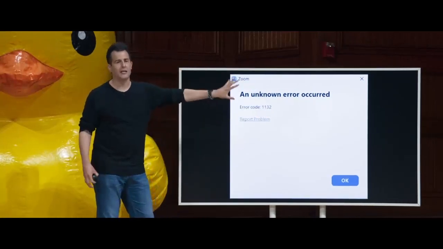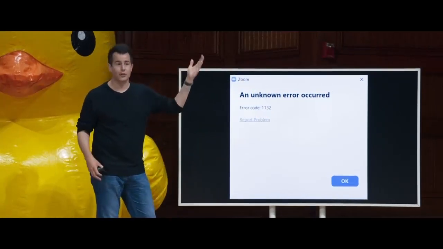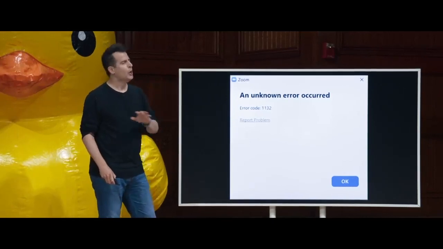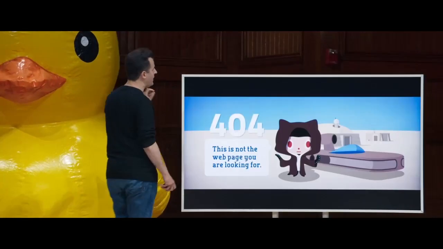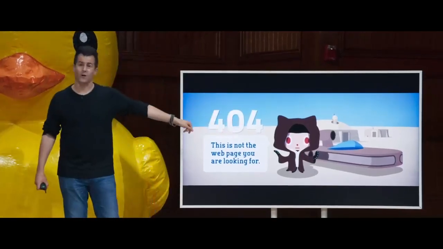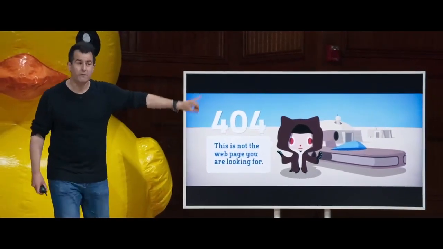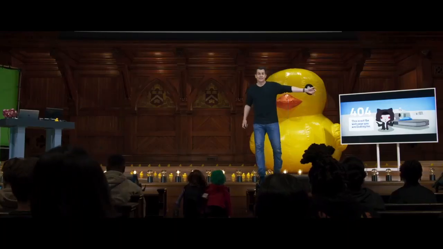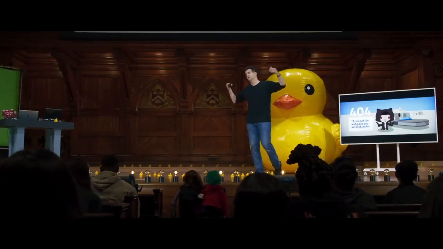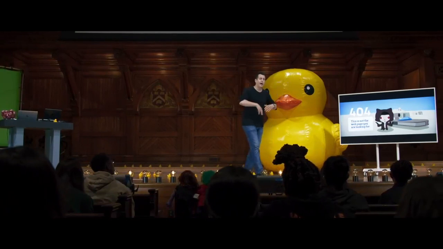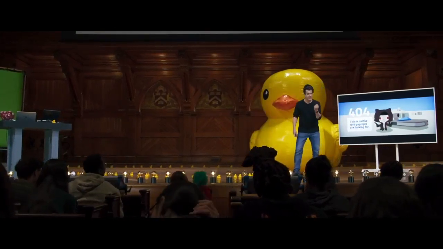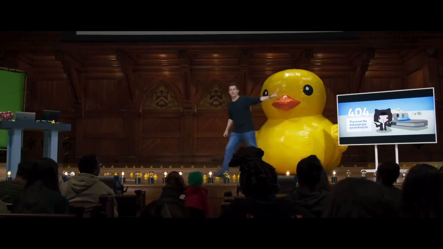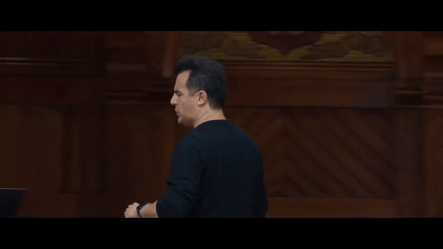There's some programmer at Zoom who would probably be like, oh, I know what I did or my colleague did wrong in this case. You've seen this elsewhere, even though this is not quite the same thing. But we'll talk about this in a few weeks. If you've ever seen 404, numbers are everywhere. On the web, 404 means file not found. It means you made a typo, the web server deleted a file, or something like that. But this is just to say numbers are so often used to represent errors, even though that's not an exit status per se. That's an HTTP status code, which we'll soon see.